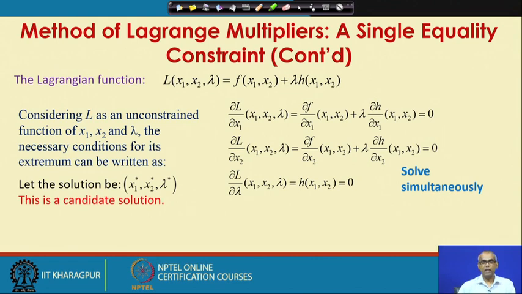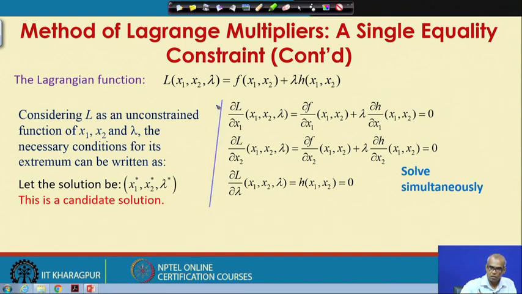So, the necessary conditions obtained from the Lagrange multiplier method are del L del x1 equal to 0, del L del x2 equal to 0, del L del lambda equal to 0. This is for a function with two variables and one equality constraint. This of course can be easily extended to an n variable function with m number of equality constraints. So, x1 star, x2 star, lambda star is the solution of